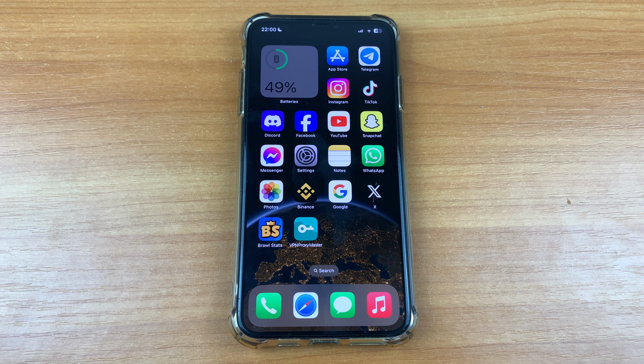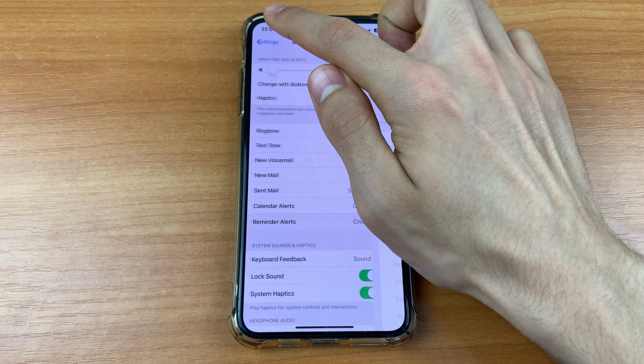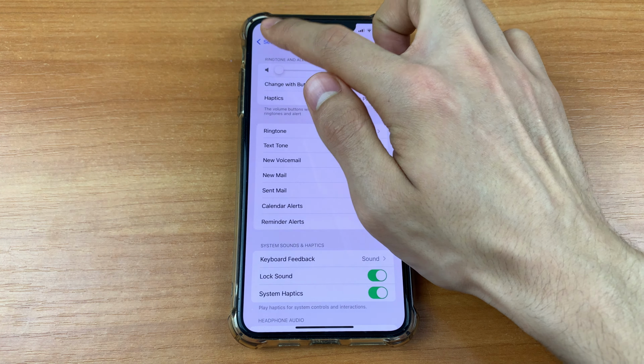Let's get started. So, first we need to go to settings. After that we need to scroll down a little and click privacy and security here. After that we need to scroll down and find photos. Scroll down again and here we must find Instagram. And here you can click full access. And that's all.